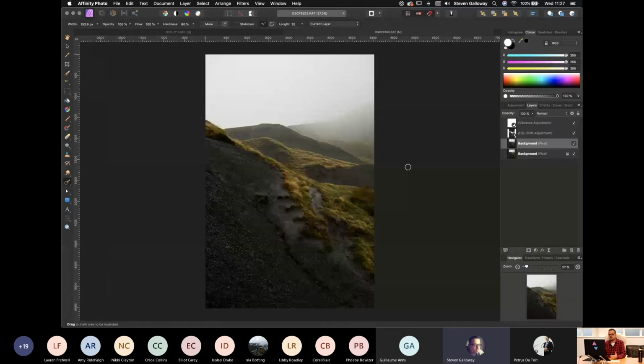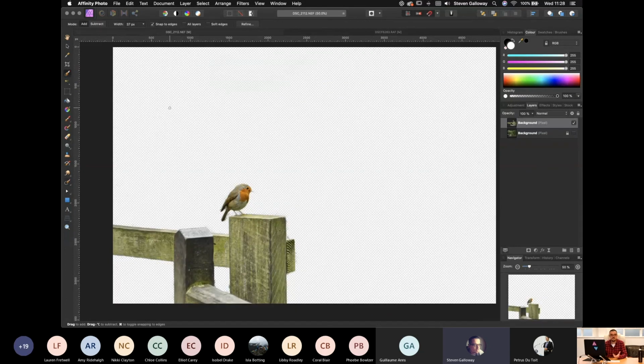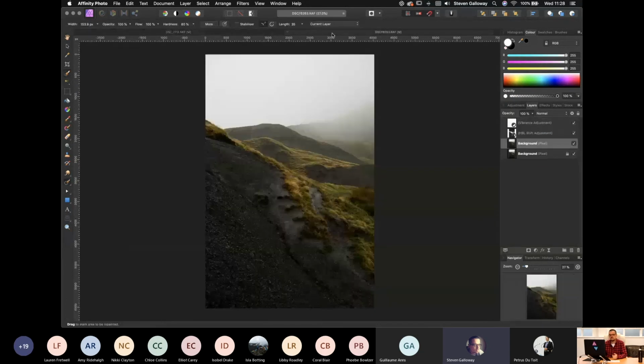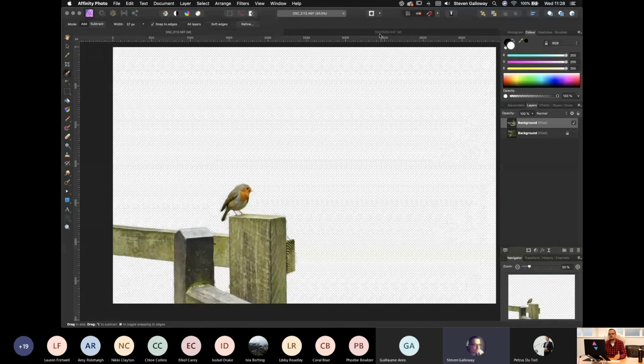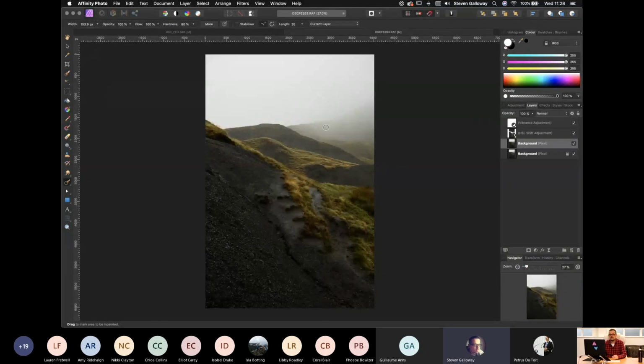So we've done some adjustments to color, vibrance, and exposure. We've done some masking to bring our attention to certain parts of the image and apply adjustments just to certain parts of the image. And we have a cutout ready for our secondary image to apply to this one here. And what I'm not going to do is apply it to the photograph as it is now. I would then export this one